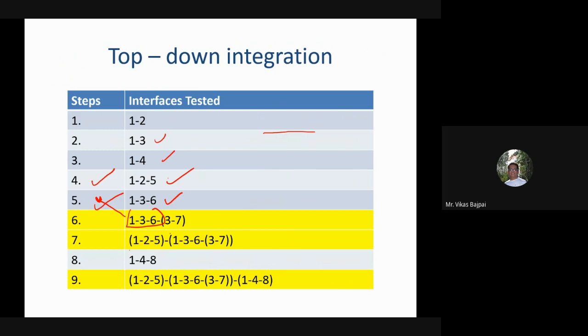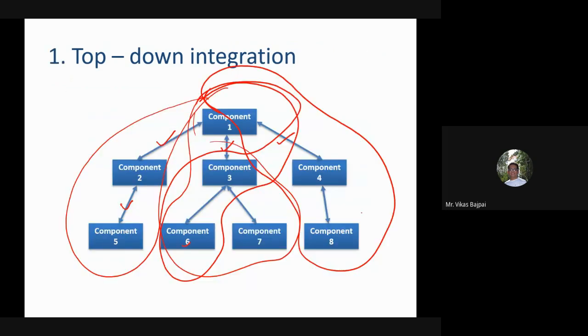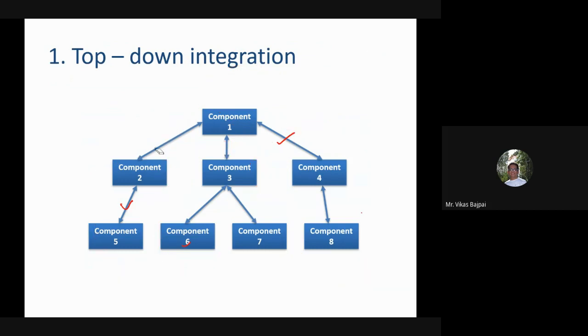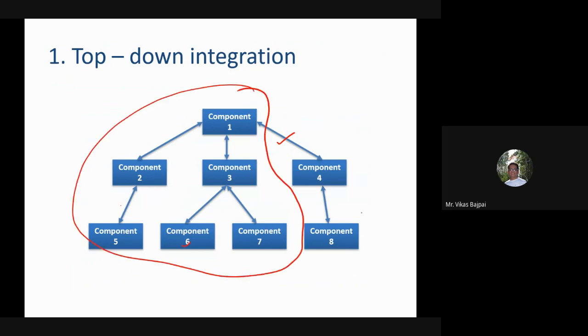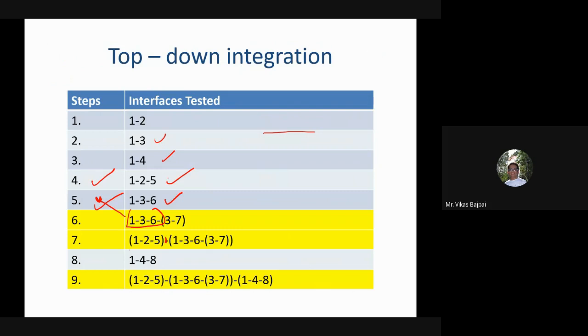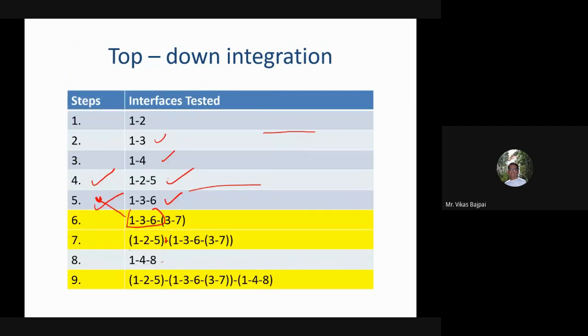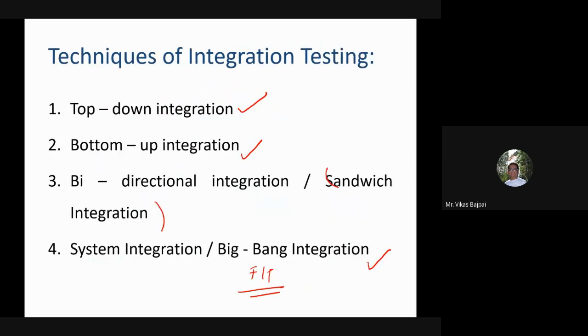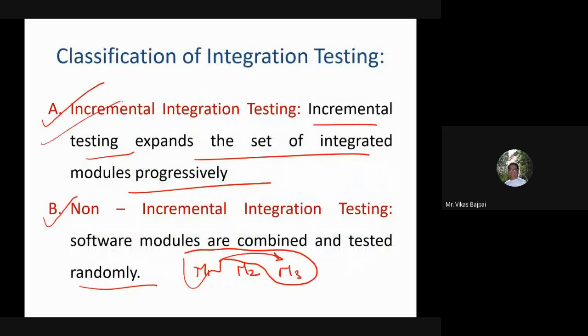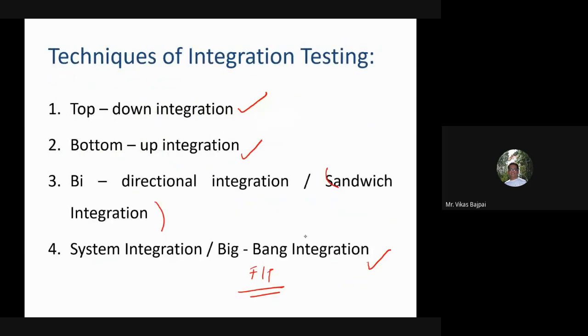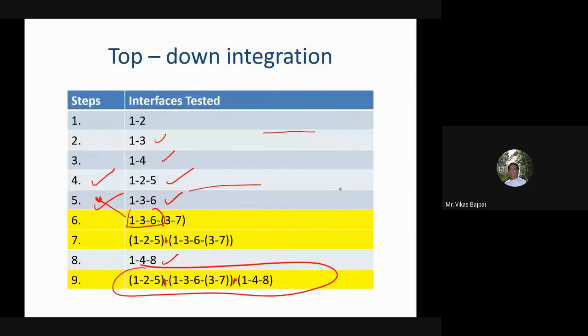So the idea is that this time I've tested this one with the help of this. So I went for this. And obviously the last part will be the entire one. In that case, I went for 1, 4, 8, because this was something which was left. So 1, 4, 8 we have done. Now the 8th component is ready, so 1, 4, 8 is done. Now combine everything and test it. So we are testing this, we are testing this. So that is top-down, sequential. Previously we saw incremental integration testing. Is this clear?